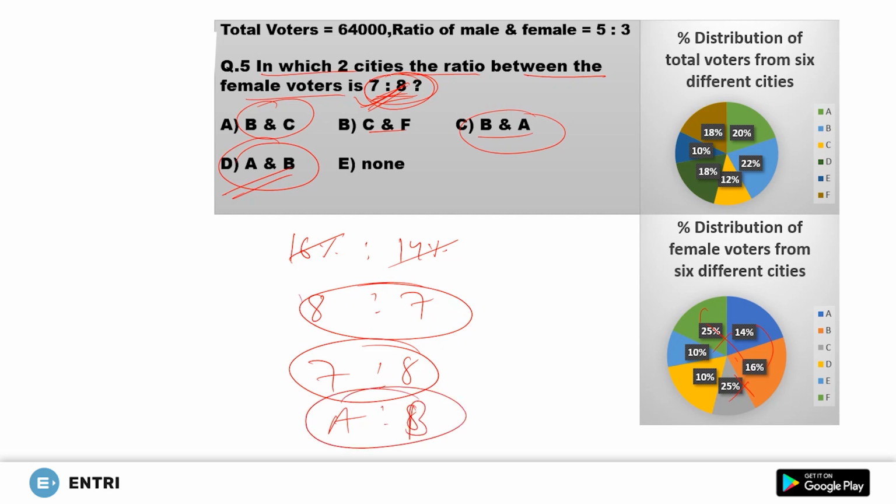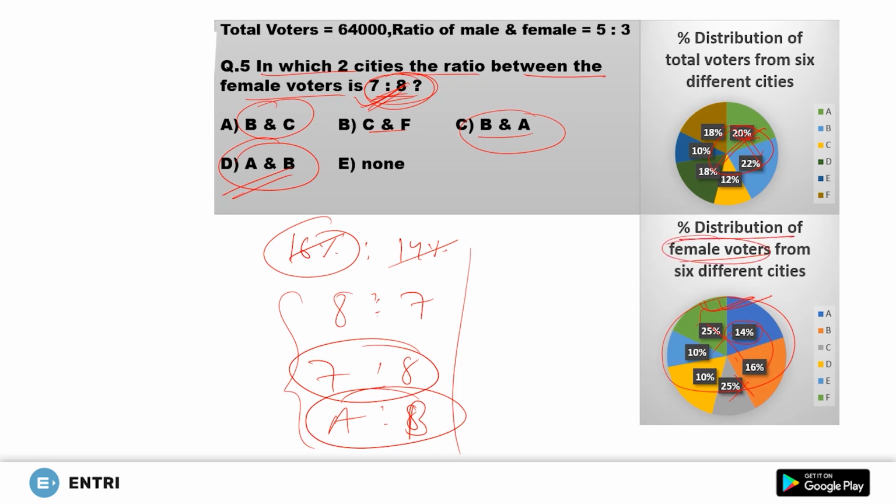Okay. Now some of you are thinking, why didn't you use those calculations? Okay. So no need to calculate these. You just have to find out the number of females. So how will you find the number of females? Already given, this pie chart is of the percentage distribution of the number of females. So no need to calculate anything. Just use these percentage values. You will get the exact answer. Okay. So what is the answer? So you will say 14:16%. This is A, this is B, and you will get 7:8, and this one is the right answer. I hope this concept is clear.